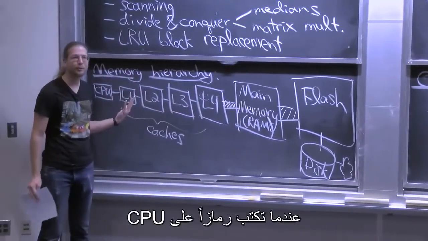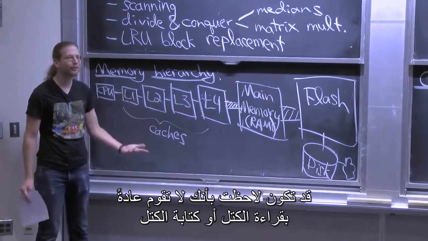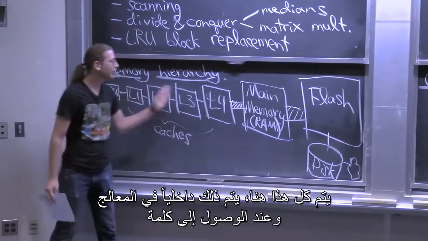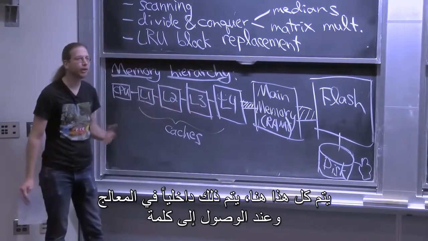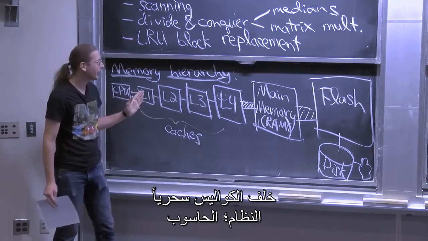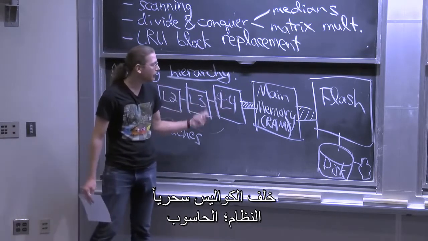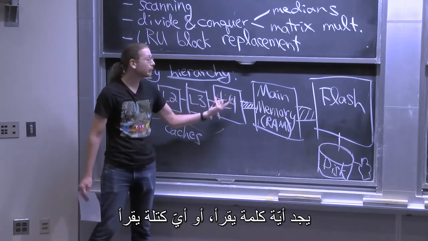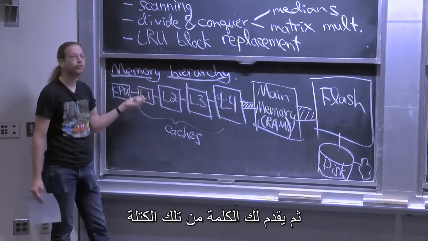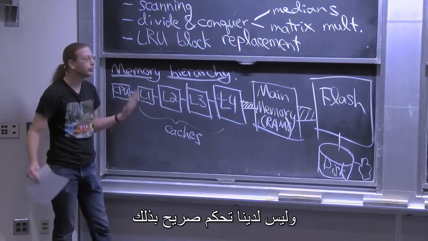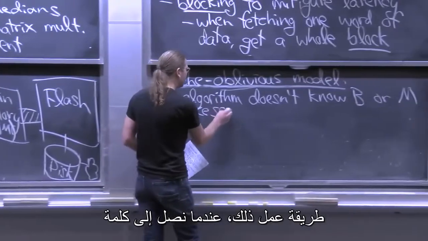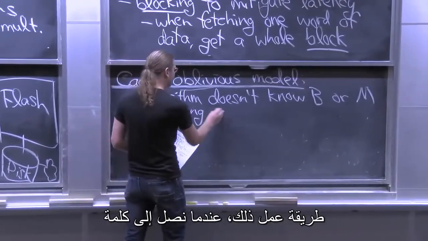When you write code on your CPU, you may have noticed you don't usually do block reads and block writes unless you're dealing with flash or disk. All of this is taken care of for you. It's all done internal to the processor. When you access a word, behind the scenes, magically, the computer finds which word to read, which block to read, and it moves the entire block into a higher level cache, and then it's just serving you words out of that block. And you don't have explicit control over that. So the way that works is when you access a word